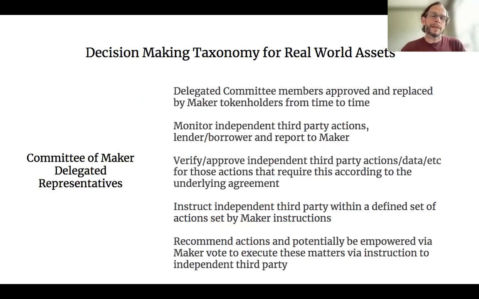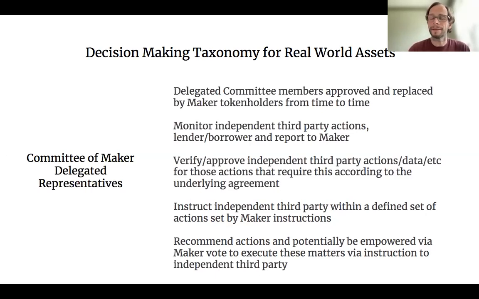So if you did a committee of maker delegated representatives, what could that look like? The first thing that I would say is that this is not set in stone. Every deal can be different. We can iterate. We can learn from our lessons. Improve. And maybe it's a bad idea and we come up with something different. Maybe technology changes and we come up with a better idea. But this is what we've got in the meantime, it's what my small brain has been able to come up with.